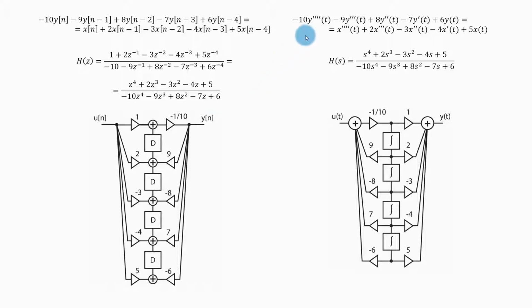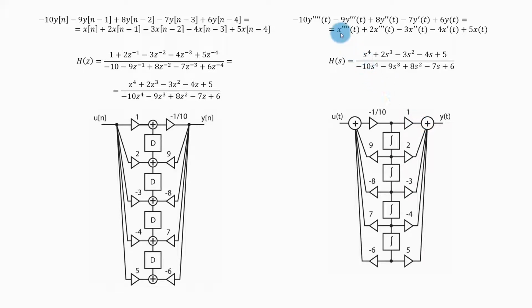Now the continuous time system. This is the differential equation, and this is the respective transfer function. This is the block diagram in the direct form in the time domain. Now, this is the coefficient b0, which comes from here or here. This is the coefficient b1, which comes from here or here. This is the coefficient b2, which comes from here or here. This is the coefficient b3, which comes from here or here, and this is the coefficient b4, which would come